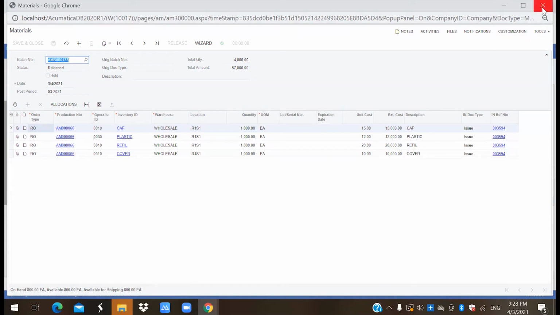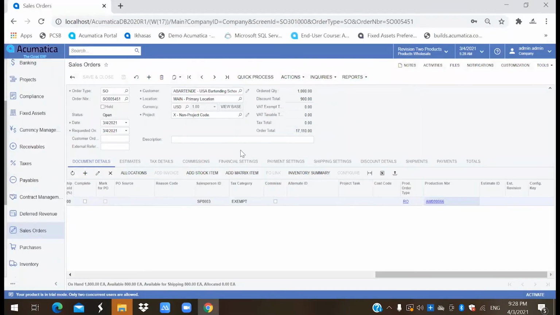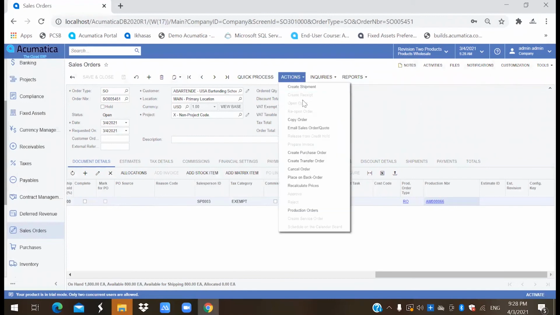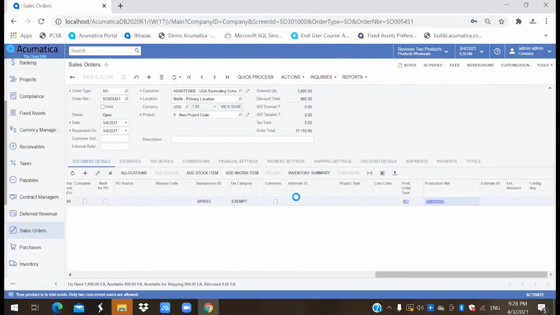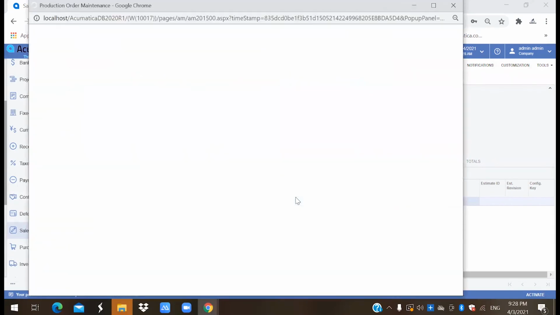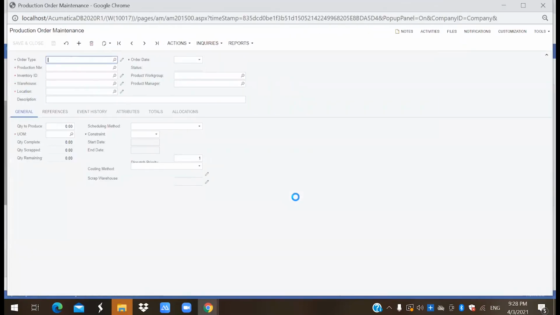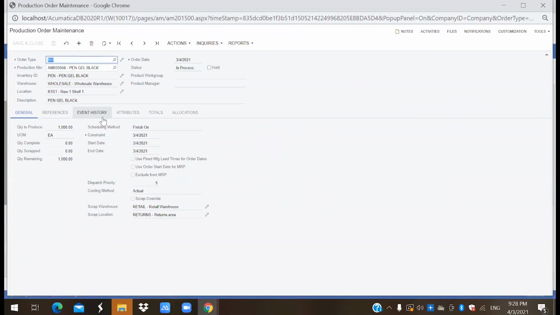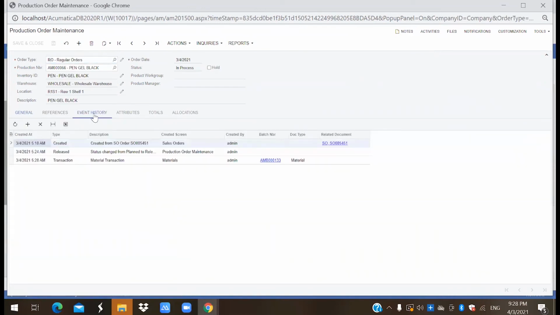Now let's create move transactions. So let's open our production order. Let's see the event history. So the material transaction has been completed successfully and we have generated a batch number also.